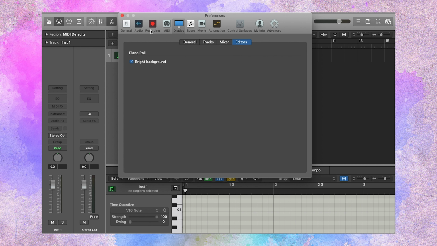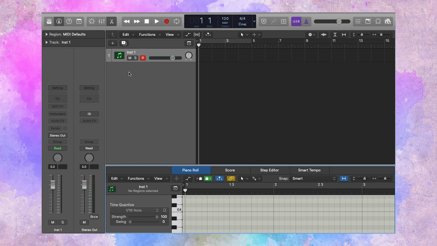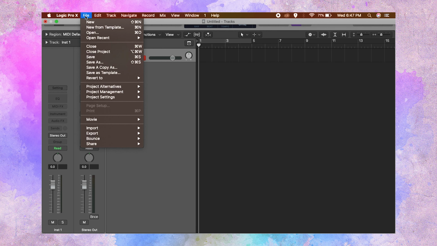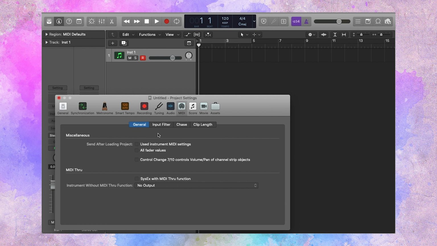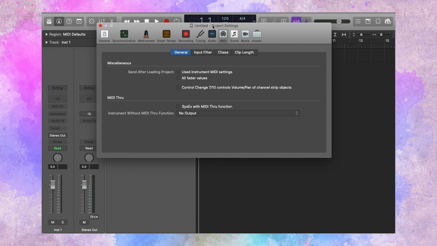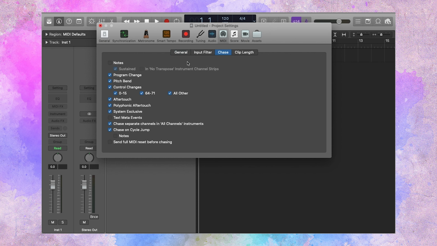All right. Next, what we're going to do, X out of that, and we're going to go to Project Settings. And from there, down to MIDI. Now, this is very important because it's going to save you a lot of heartache. So you're going to hit Chase, and then we're going to check Notes up here and Notes down here. And what these two do is that if you have music written in the main tracks area and you want to replay a bit of your music,